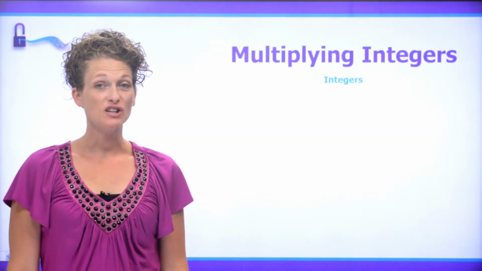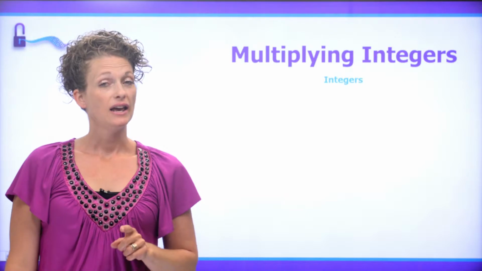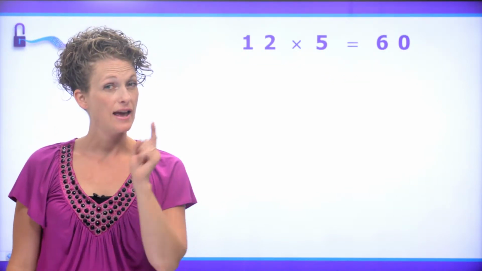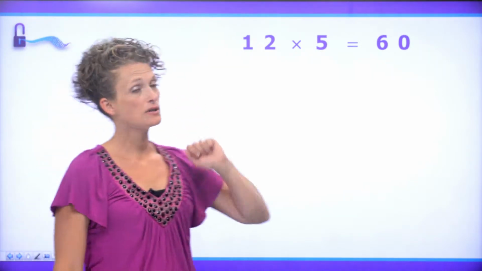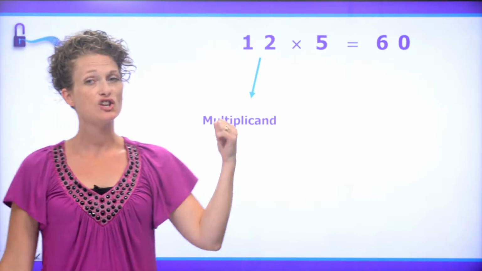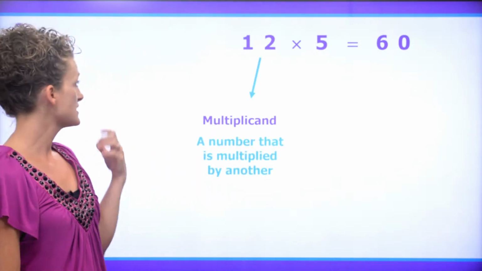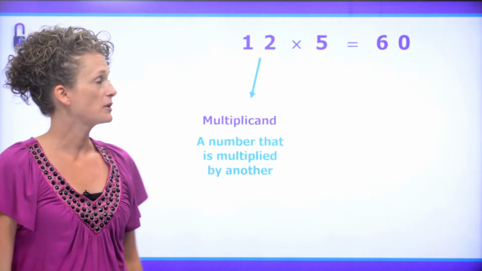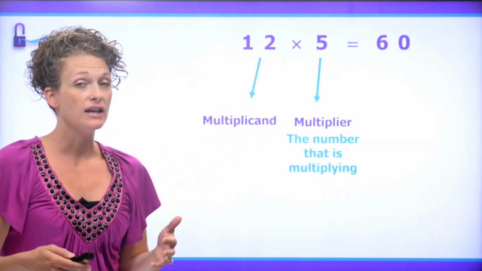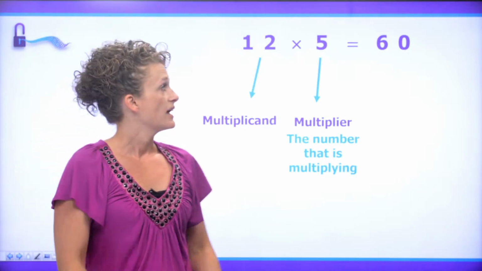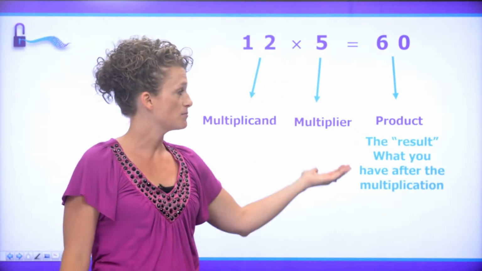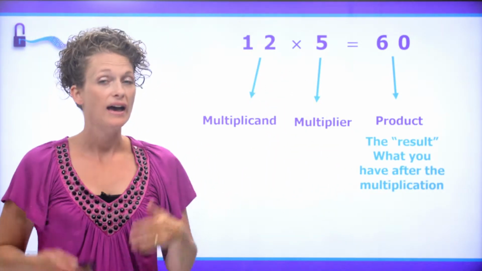In today's lesson, we're going to talk about multiplying integers. And of course, we need some vocabulary because of mathematicians and their names. So here we have a typical multiplication problem, and the very first number, which is the 12, is called the multiplicand. And it is a number that is multiplied by another number. So the 5 is called the multiplier, and it is the one doing the multiplying. And after you multiply these numbers together, you get what is called the product, which is the result after the